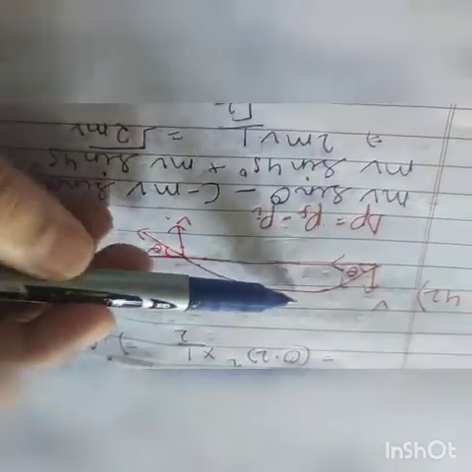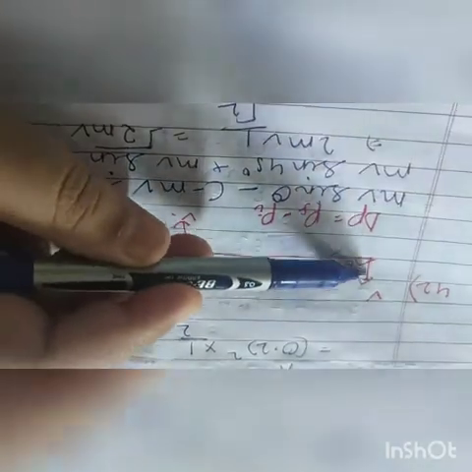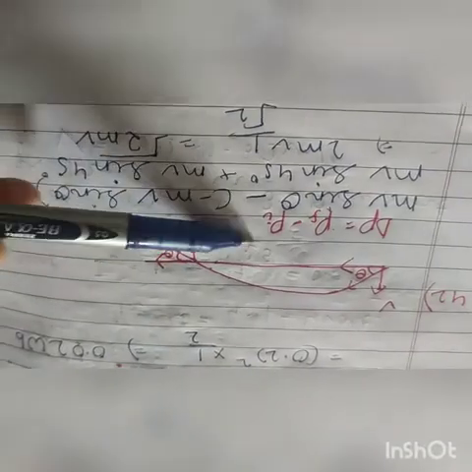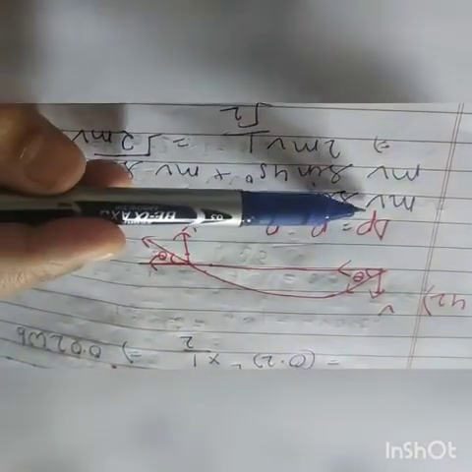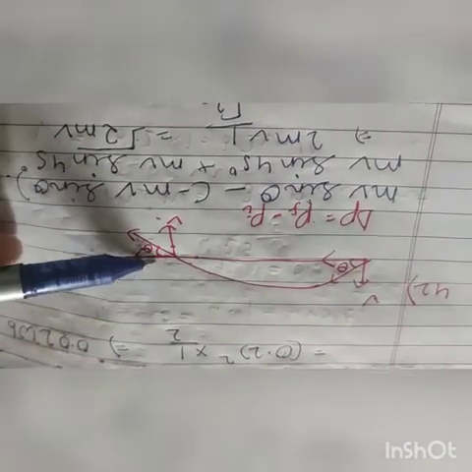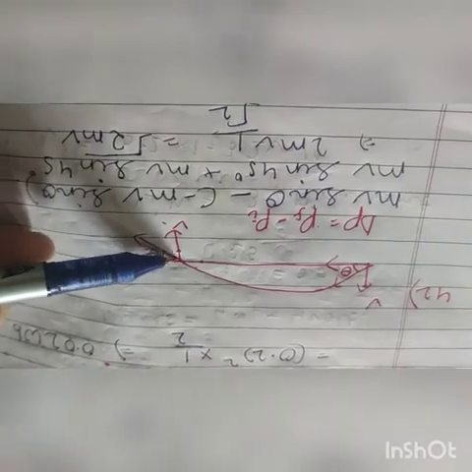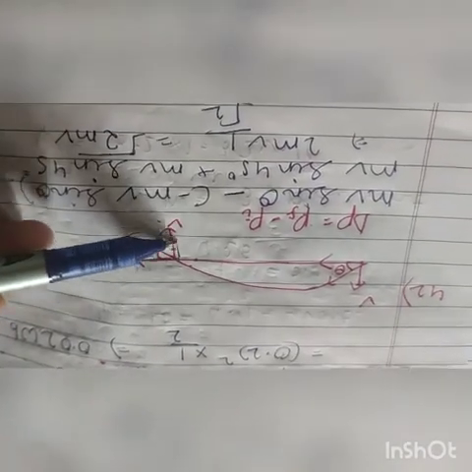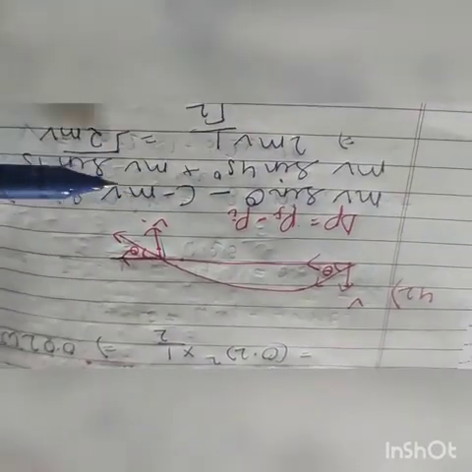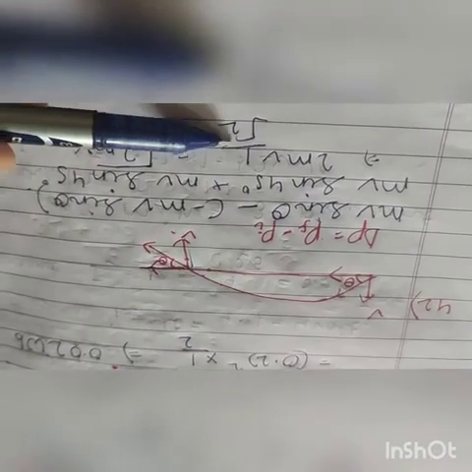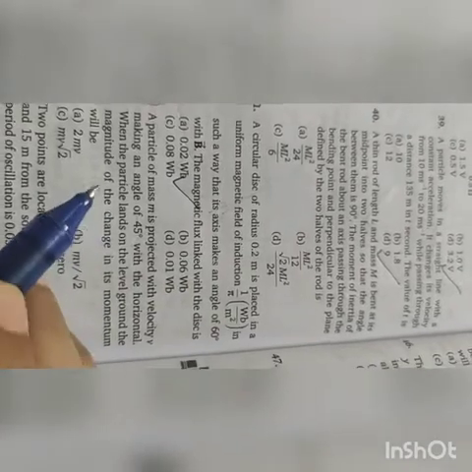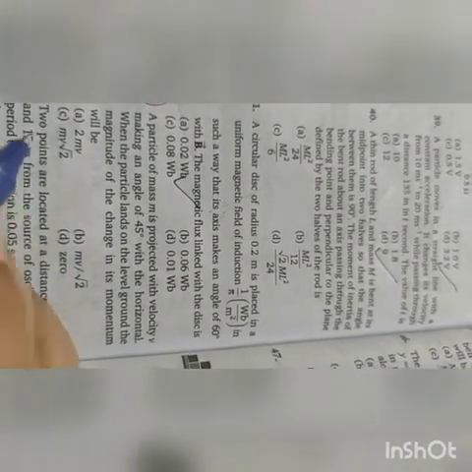We will just draw a projectile motion type. Velocity will be upwards, and here it is initial and it is final. So delta p is equal to final minus initial. So mv sin theta minus (minus mv sin theta). If we take this line, it will be for cos, and this line will be for sine. So from this we will put the value of theta, 45 degree. So it comes out to be 2 mv into 1 by root 2, that is root 2 mv. So it's root 2 mv.